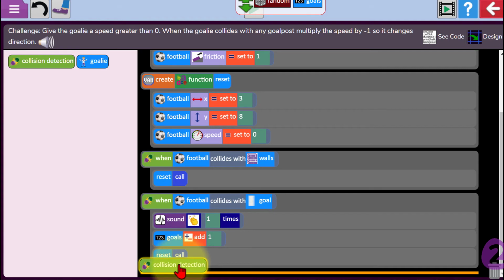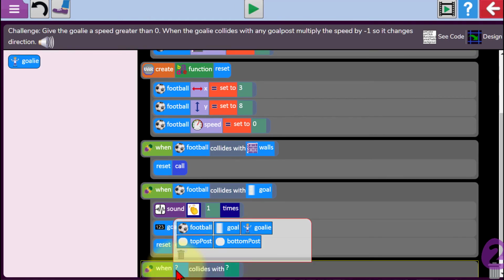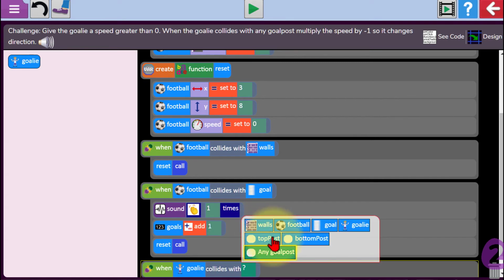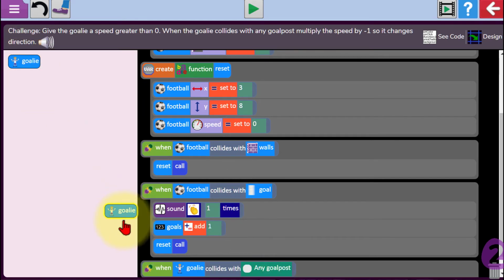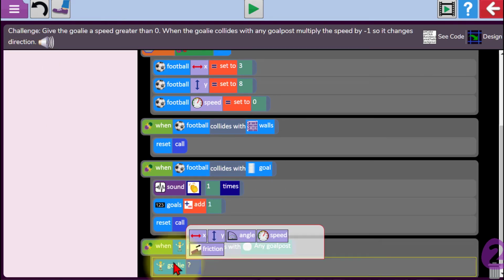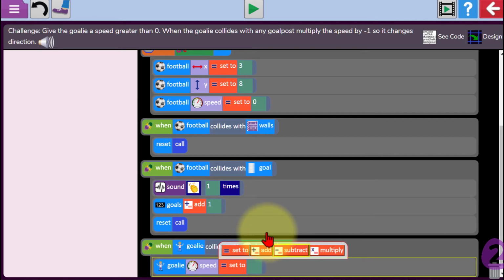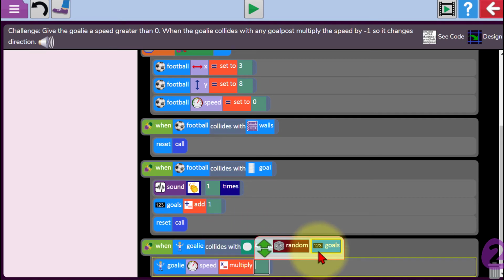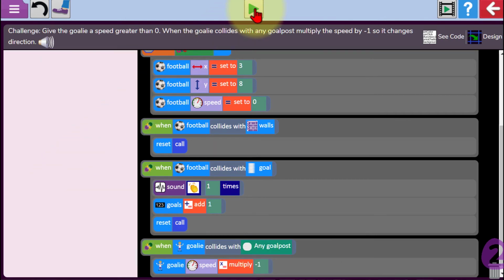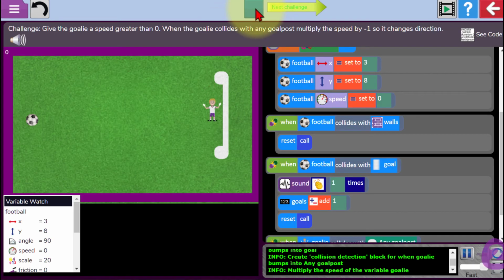The next thing that we want to do is, when the goalie collides with a goalpost, so we're going to have a collision detection. Goalie collides with any goalpost. We want to multiply the goalie's speed by -1, which reverses the direction of the goalkeeper. So let's just press play there, and the goalie's bouncing around between the goalposts when he collides with them,